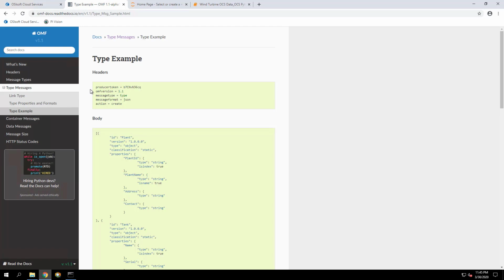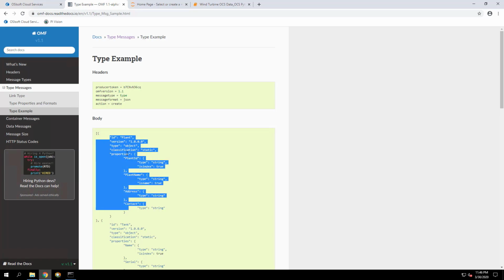You can see the header you pass. Again, in the header, you specify a message type of type, and action is create. So basically, we're creating a type here. It needs an ID, version, type, classification, and then the properties. These are basically the attributes or the properties of the type.